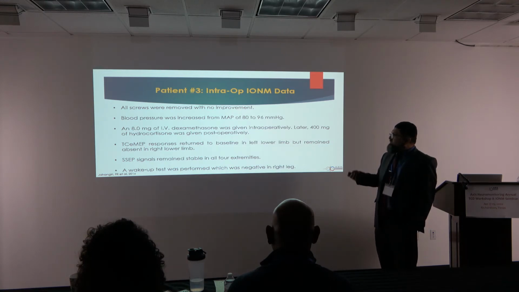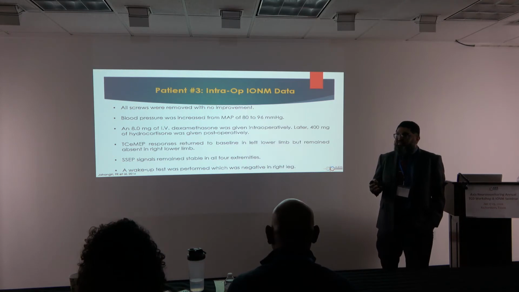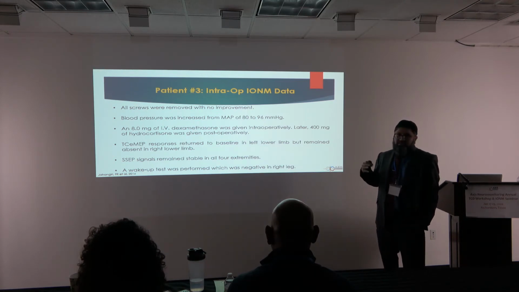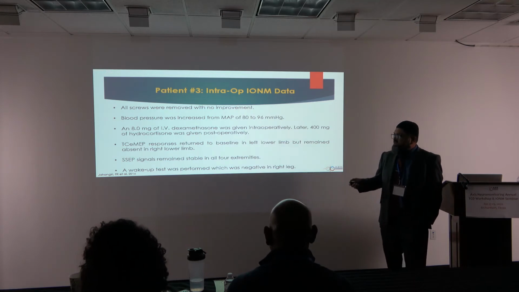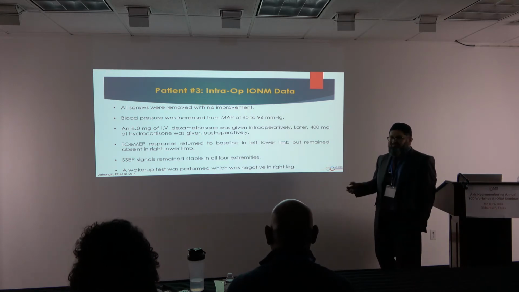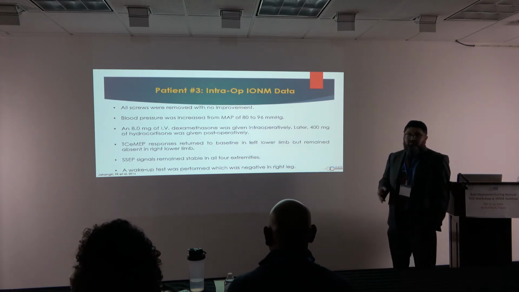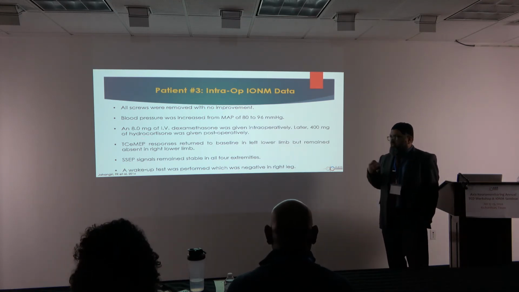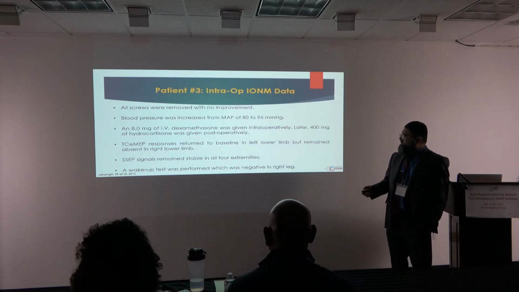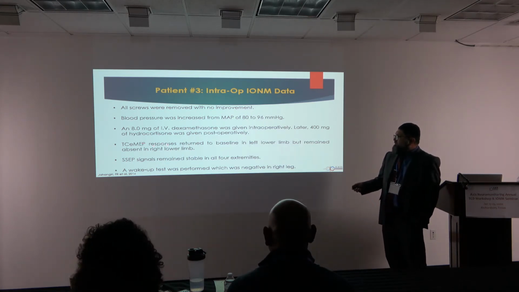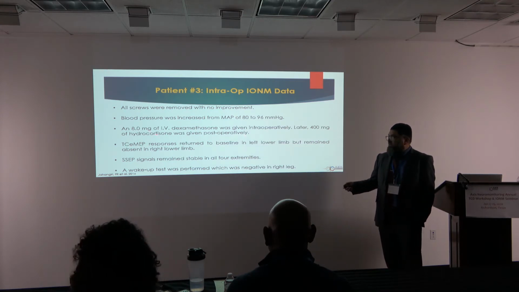I said, okay, do something. Increase the blood pressure. So they increased the blood pressure from 80, it was 80 mean, we raised to 96 and then 100. Then he turned to me and said, what should we do? I said, give dexamethasone. So I gave 8 milligrams IV. And anesthesia was very, very cooperative. We have TIVA, and he was asking me what to do. I gave later 400 milligrams of hydrocortisone. The MEP returned to baseline on the left leg, but never returned on the right leg.